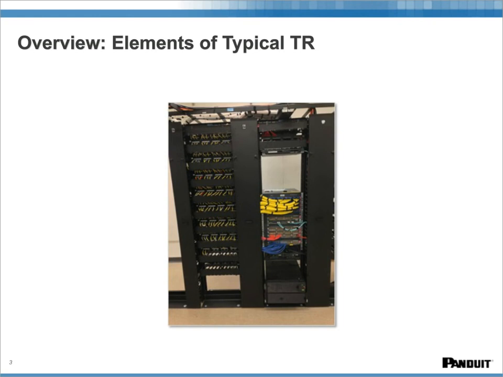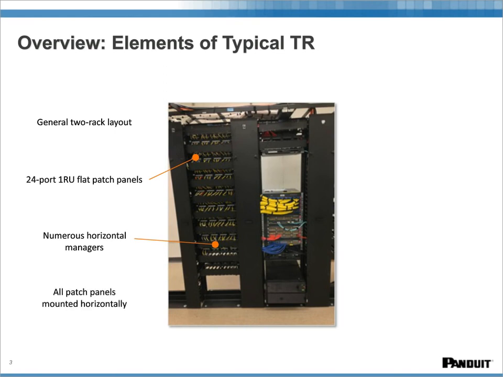Here you can see a very common large TR rack configuration featuring elements like a general 2-rack layout, liberal use of 24-port 1RU flat patch panels, numerous horizontal managers, typically, very common, all patch panels mounted horizontally,